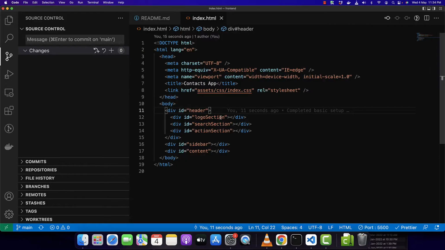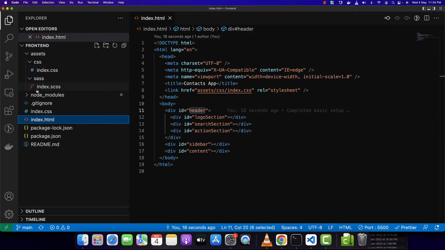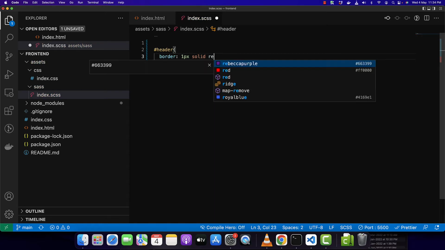All right. So now I want to add some borders around my header. For that, I would open my SASS again, remove this code and type header and border 1 pixel, solid, red. You can see that the border is visible, but we would also notice that there is a gap around this